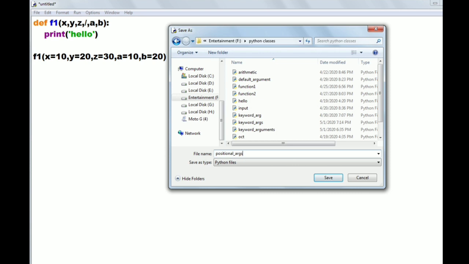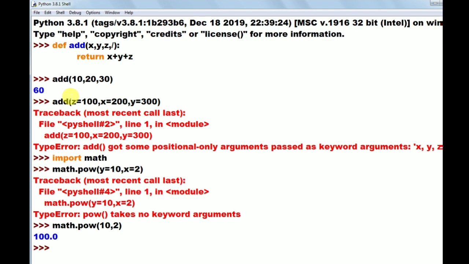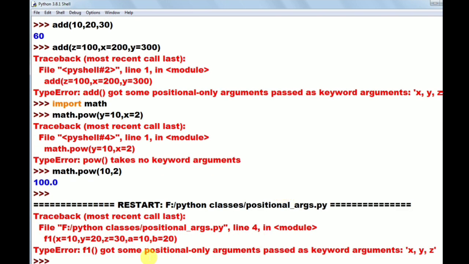Now I want to run this program, so I am pressing F5. Now observe here, now it is giving an error. What is that error? f1 got some positional only arguments passed as keyword arguments. So here x, y, z we passed as keyword arguments. That's why, those are positional only arguments. Positional only arguments cannot be passed as keyword arguments.